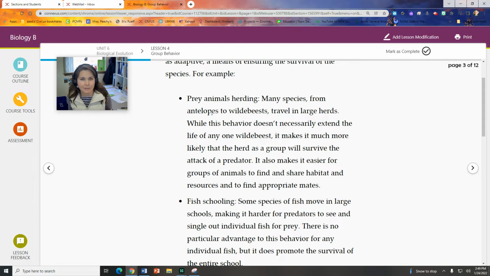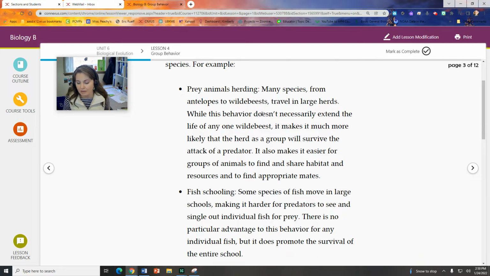It doesn't necessarily benefit the individual, however, right? I mean, if you're an individual and you're strong and you can fend for yourself and you can get your own food, sharing might not be something you feel is the most beneficial to you as an individual, but it helps the group at large. And if you want a species to survive, helping the group at large is kind of an important thing.